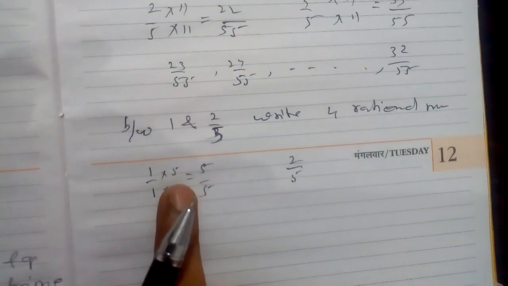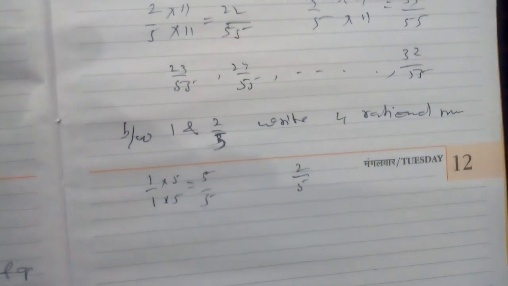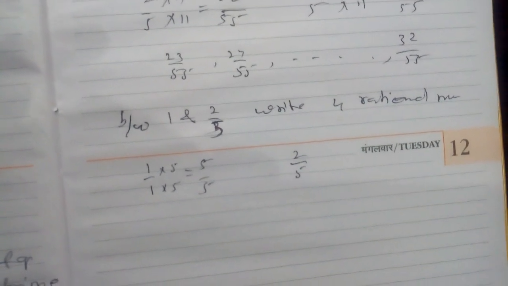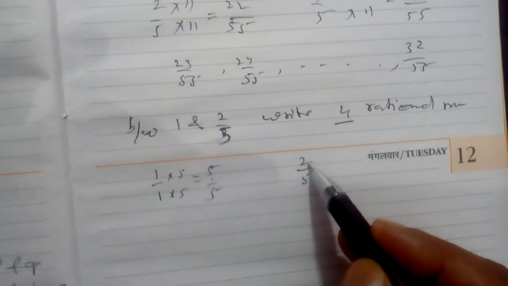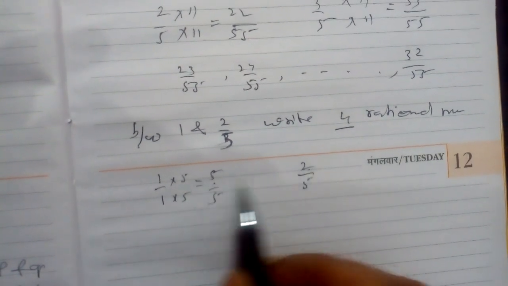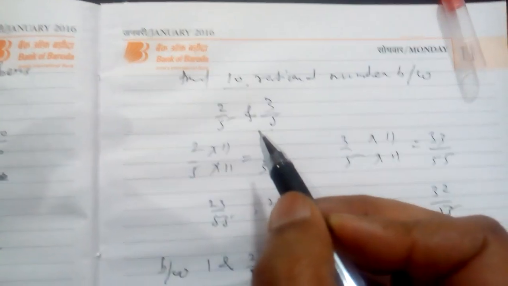5 by 5 and 2 by 5 are not a continuous range of numbers. Between 2 and 5 there are 3 and 4. 2 is already there, but you want 4. So double it: 5 to 10, 2 to 4. Orally you check: 10 and 4, how many? It is not necessary to multiply by 5. Like the previous one, 10 you want, then you have multiplied by 11. Here you want how many